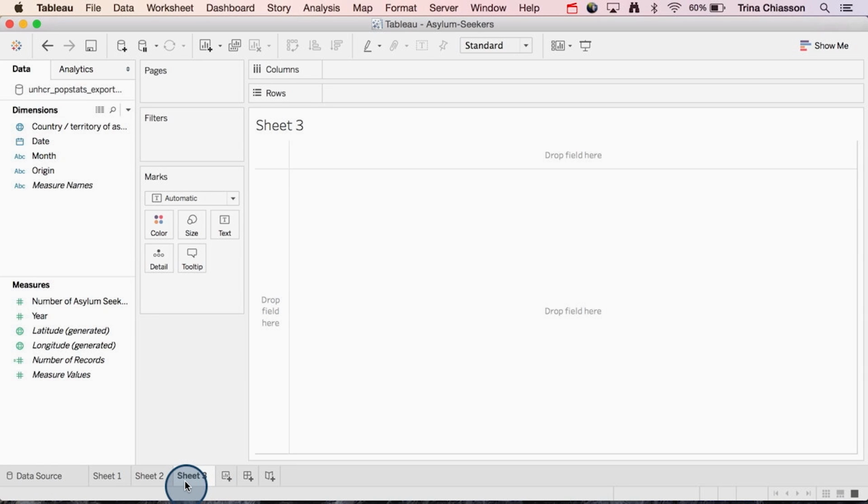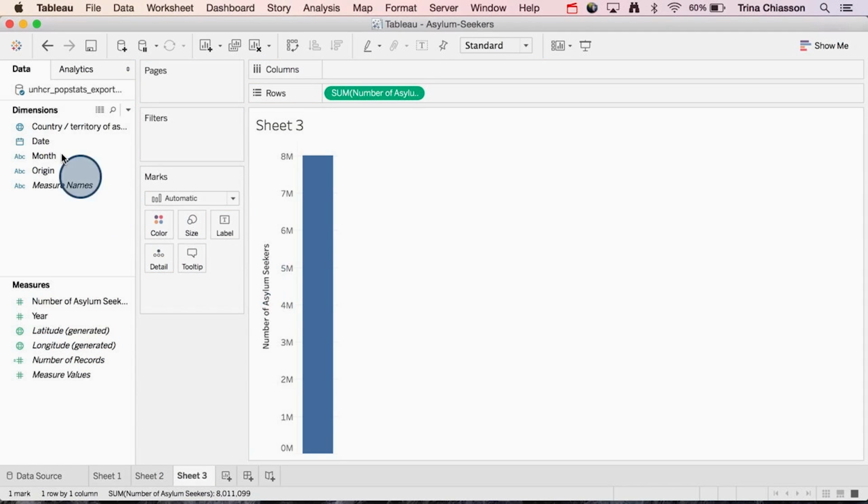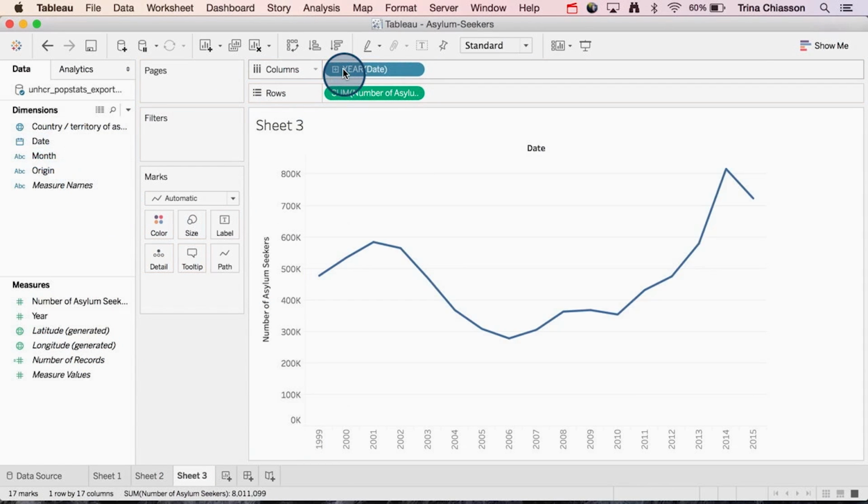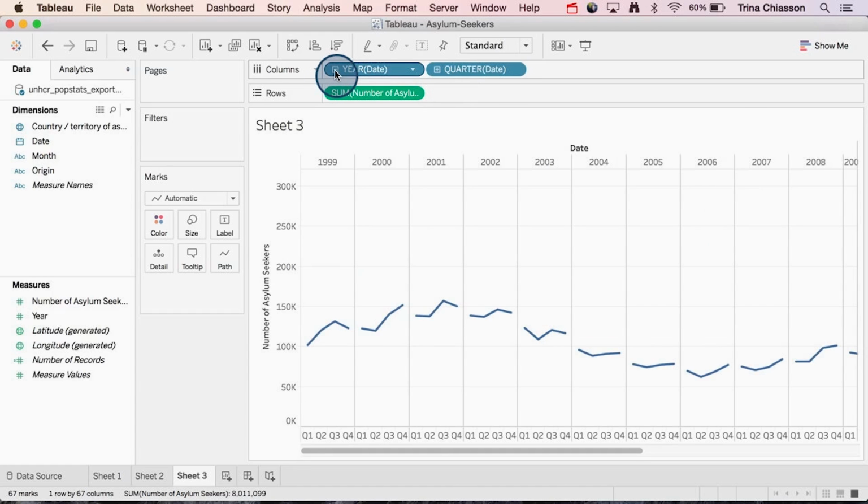And so one of the things that I could do is I could look at the number of asylum seekers, and then I could look at the date, okay? And see Tableau automatically change that into a line chart for me, because a line is a really good way to explore dates. And now this date actually also comes with a built-in hierarchy. And what that means is I see a plus button here, and that means that I can drill down further